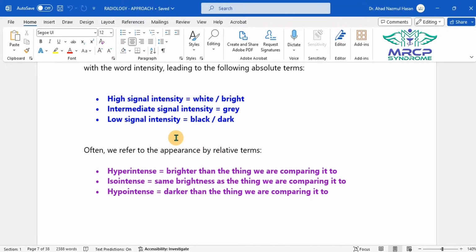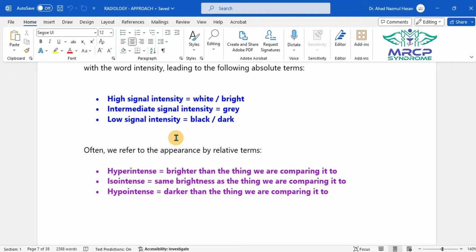T2 weighted is a type of MRI image that uses the T2 relaxation time of the tissue to create the image. And T2 weighted image will highlight the fluid filled spaces and can help to identify inflammation or swelling or fluid buildup. So in case of T1 weighted, it will use the T1 relaxation time of the tissues, and in case of T2 weighted, it will use the T2 relaxation time of the tissue. In case of T1, it will highlight the soft tissue, and in case of T2, it will highlight the fluid